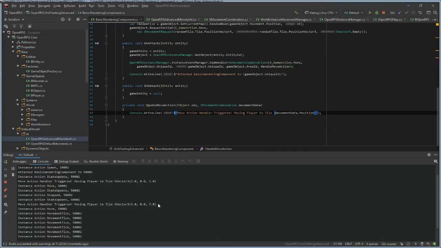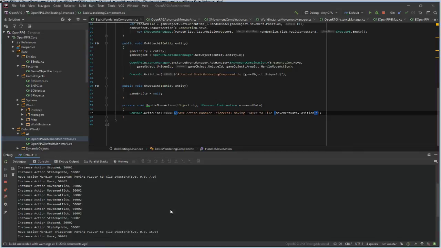See, every time it's getting a random tile. This time it's 5:15, and it keeps moving until it stops. 5 more seconds, and it's moving to a new tile. And it's moving again, and again, and again.